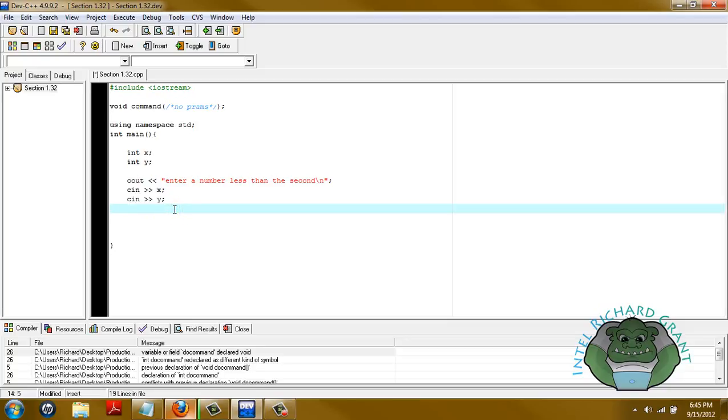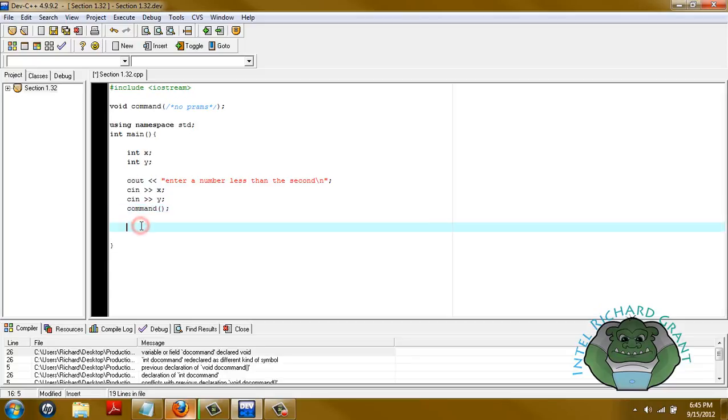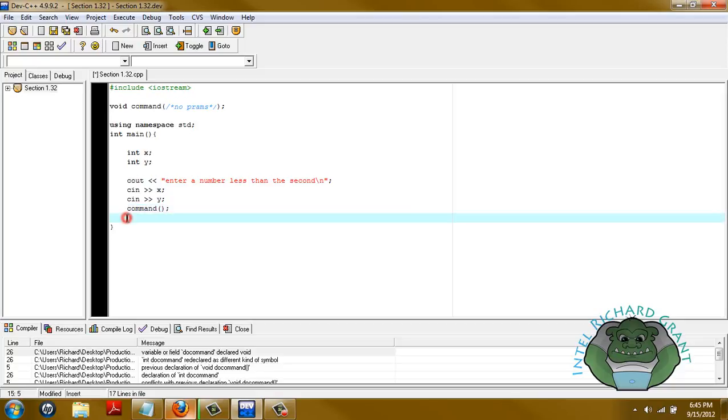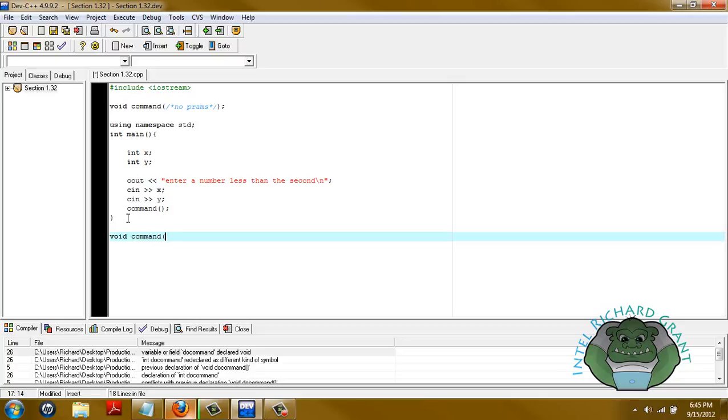And we're going to call the void, or command. And this is going to introduce you to something else new, but don't worry too much about it. It's pretty self-explanatory. So void command without any parameters,